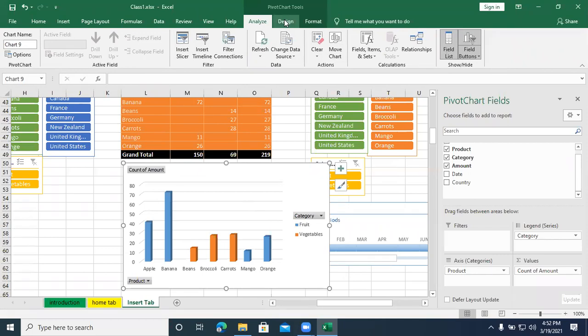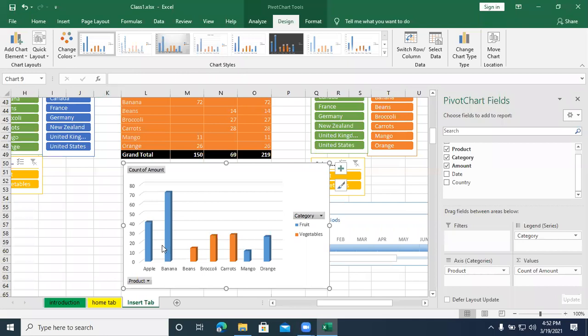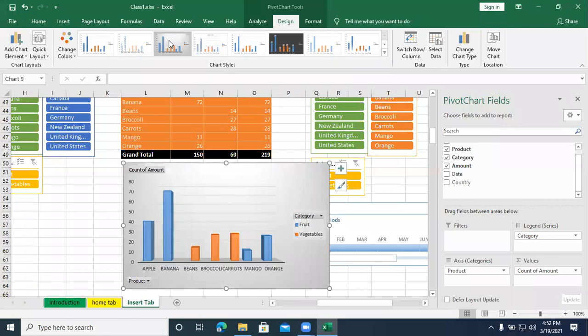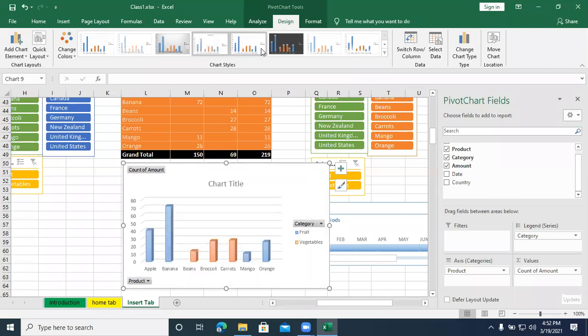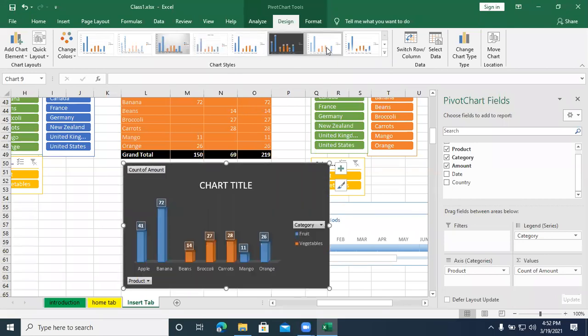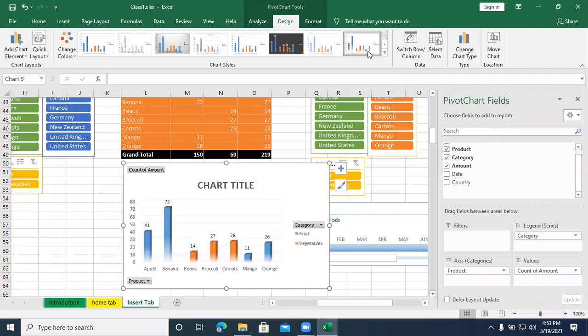If I come to design, this design helps. This is again very important. When you want to apply any styles, chart styles are available. You can choose any one of the chart styles to appear in your Excel sheet. However you require, you can apply.